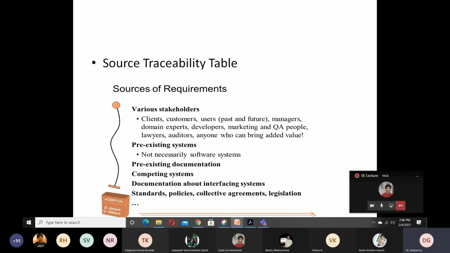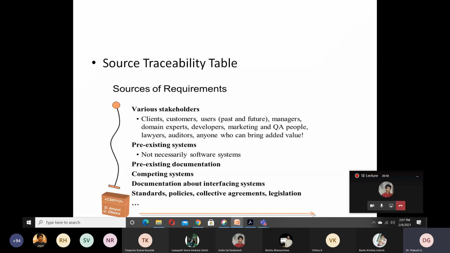Documentation about interfacing means, after you add all the details into your cart, you press the submit or checkout button. That means you are going to an external site for payment. From Flipkart or Amazon, you are going to a trusted third party, which may be the particular payment gateway.